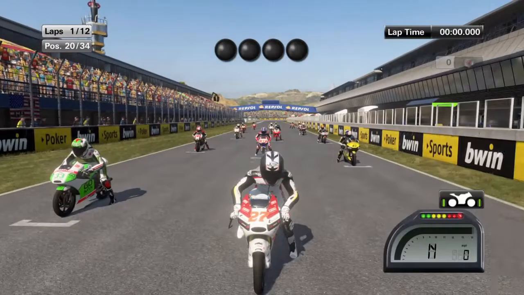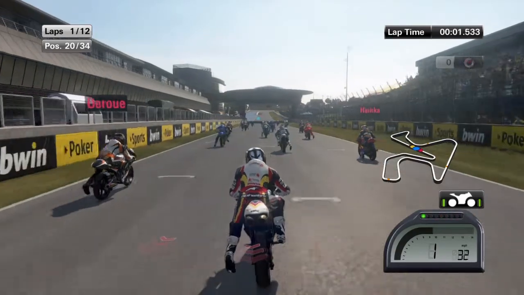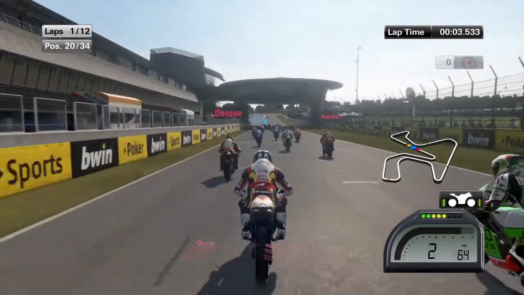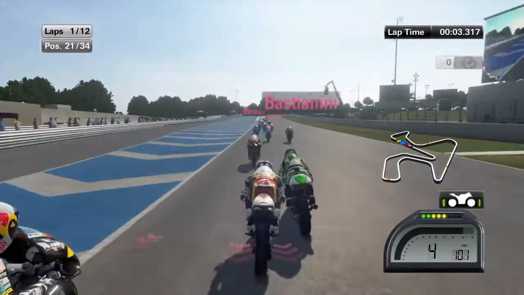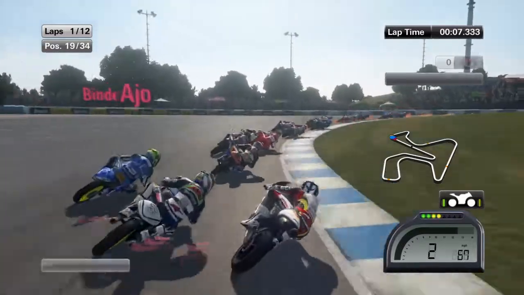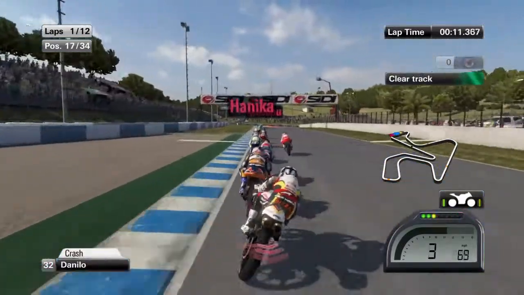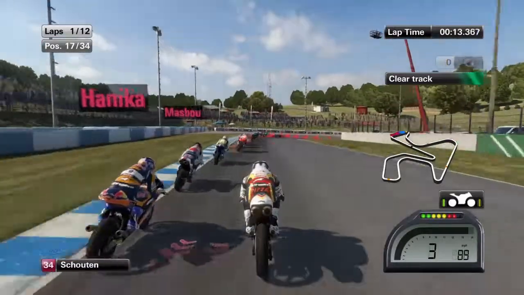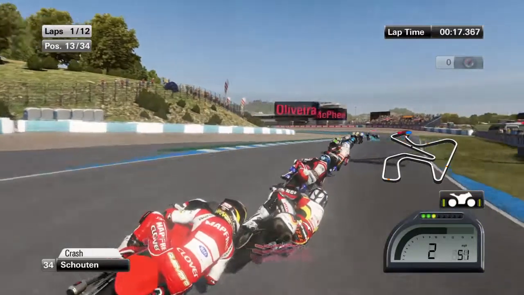So starting the race now, all the lights are out and it is a reasonable start, but I am about to be overtaken, and I am overtaken by Bastianini. I try and get around the inside of him, and I do, and I get up into 18th and now 17th. Haneke, I do not realise, slows down and I hit him,